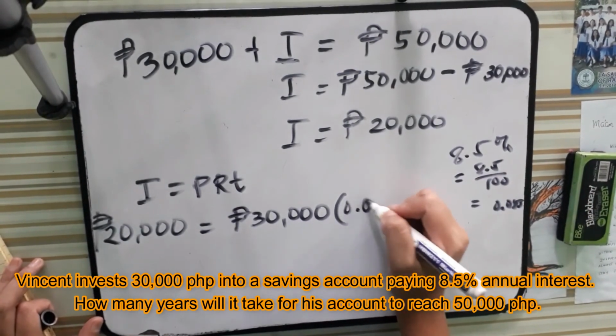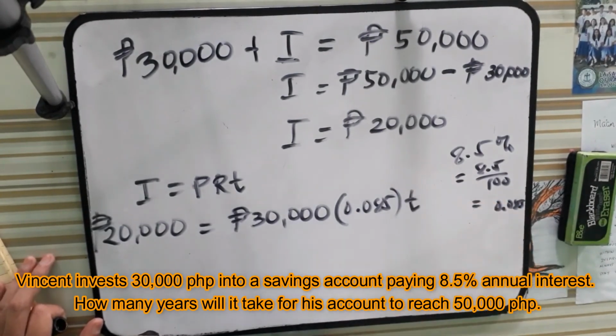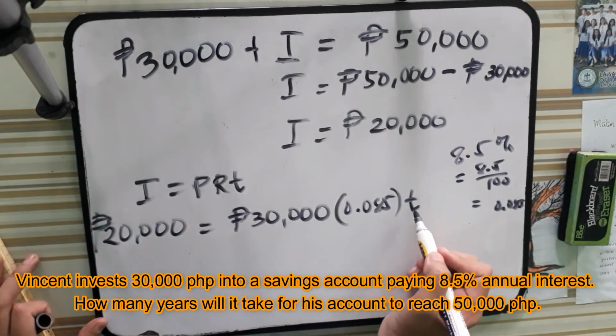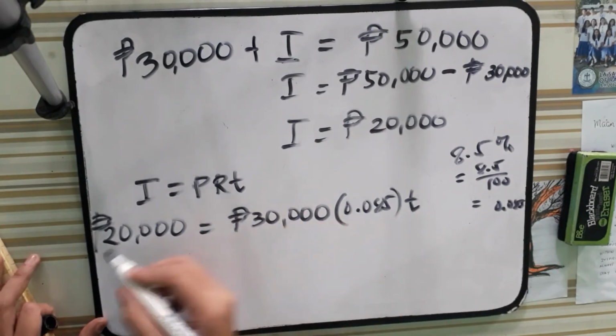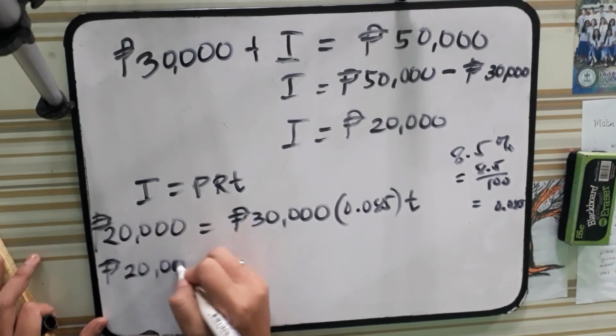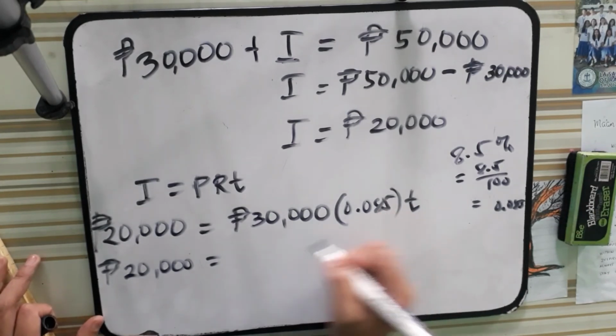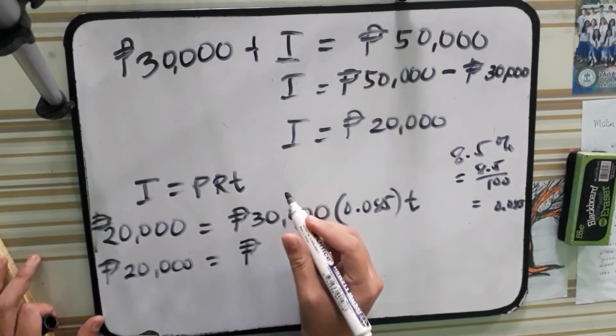So 0.085 times our time, which is unknown. Now we need to multiply these two. First, we copy this one, 20,000. It's equal to 30,000 times 0.085. That is equal to, use your calculator,